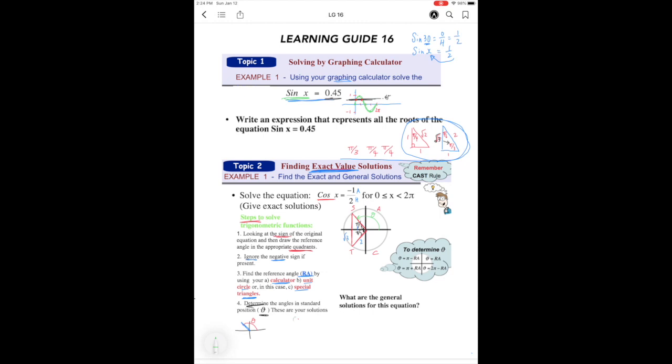Well, so in quadrant 2, I know I'm going to go all the way to the bottom, to pi, and then back up to pi over 3. And now I know I have to have common denominators, so I'll make that 3 over 3, which is the same thing as pi, and that equals 2 pi over 3. Now let's go to the next quadrant,